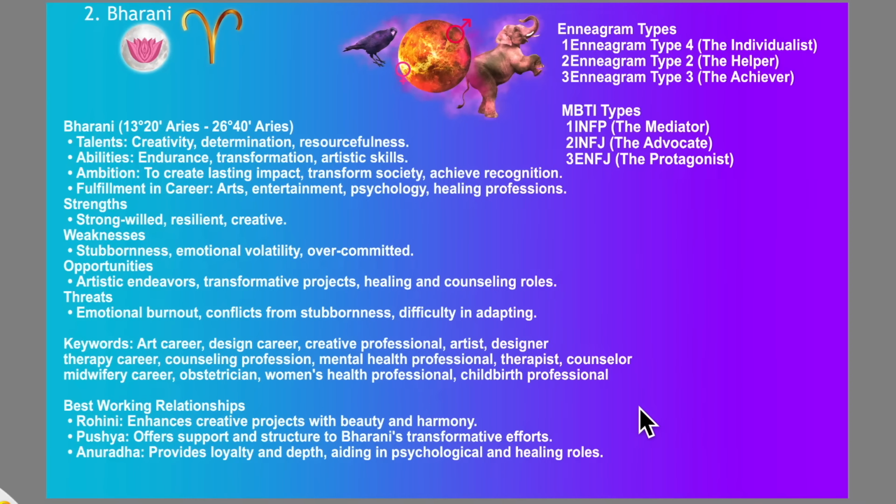Speaking of Bharani Nakshatra, Nakshatra number 2, we are still in Aries between 13.20 degrees to 26.40. Remember, each nakshatra is 13 degrees 20 minutes wide. Bharani Nakshatra, still in Aries but ruled by Venus. Remember what we covered in previous videos of nakshatras. Venus nakshatras have a dominant theme of relationships. It's more about protecting life. Venus is about everything to do with people, relationships, food, resources, money, spouses, that kind of issues.